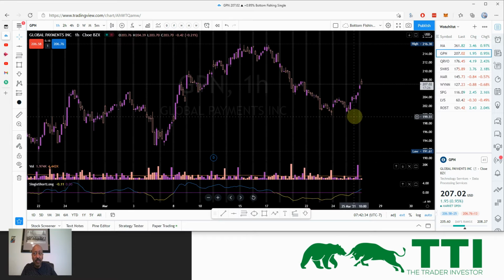GPN, we have a double bottom. You could say we missed an entry at the 204 area, but what I want to see is, we broke this, and now I want to see price just give me a short pullback entry. So I'm waiting for that to happen. So I'm going to keep this on my watch list. I want to make sure that I take a look at it